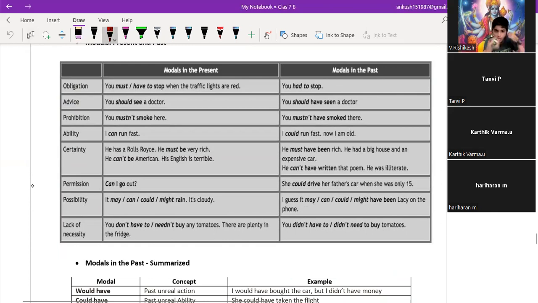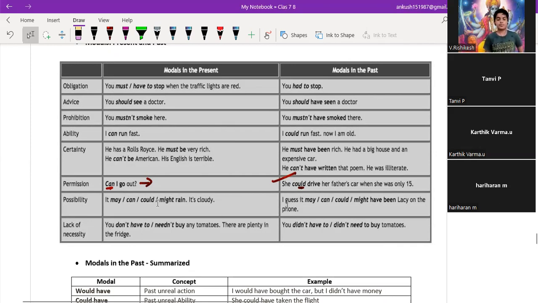It is not actually given wrong. It is not translated into past, but this is the correct sentence over there. Why? Because the past tense of can is could. Good. Could may be used in the form of permission or in the form of habit as well. Her father would have given her permission there.